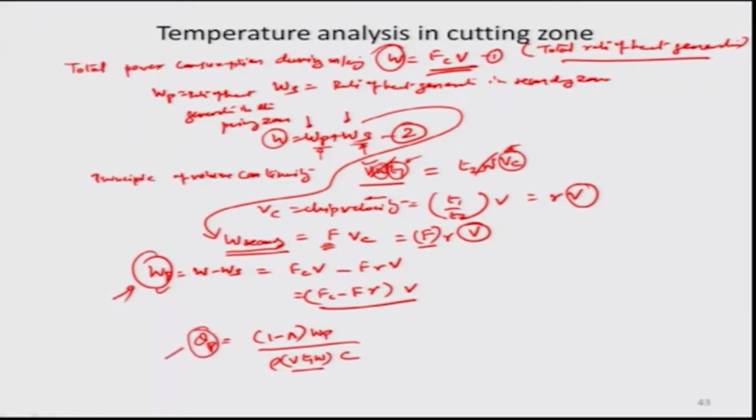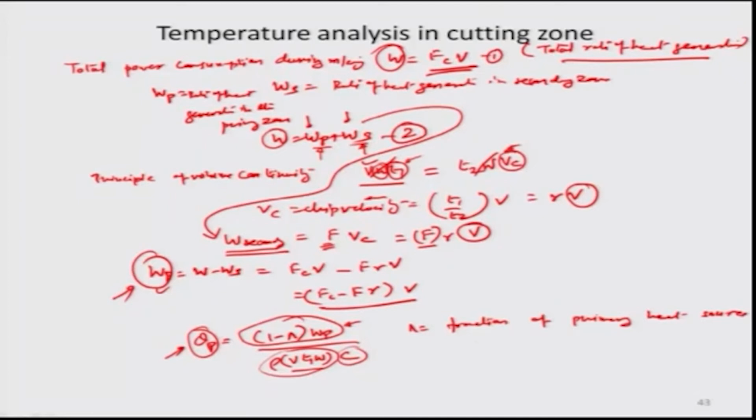So if the total temperature rise of the chip because of the primary power is theta p, then we can assume that to be a fraction of the power that actually moves into the chip, per unit rho V T1 W C, which means the mass rate of removal of the material times the specific heat capacity of the material prior to the deformation. So that gives you an indication of the rise of temperature because of the primary heat. So here lambda is the fraction of primary heat